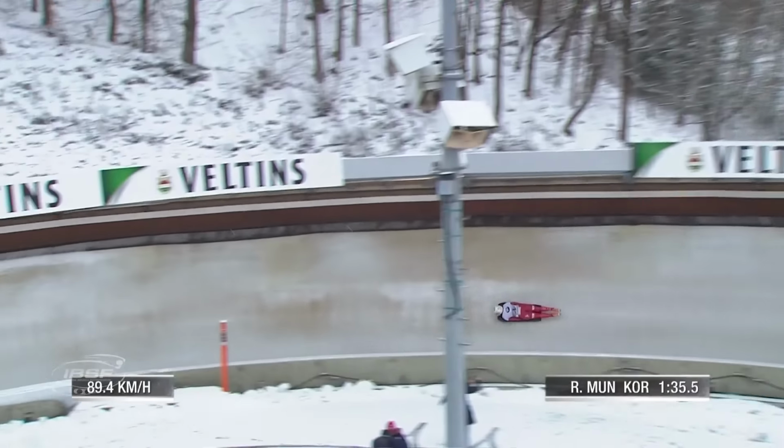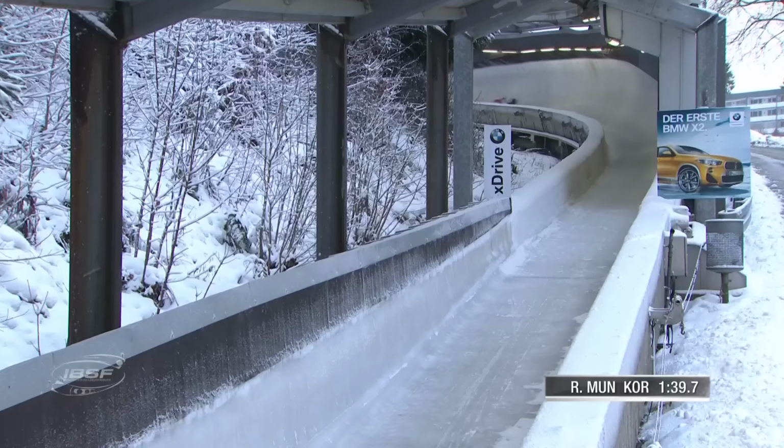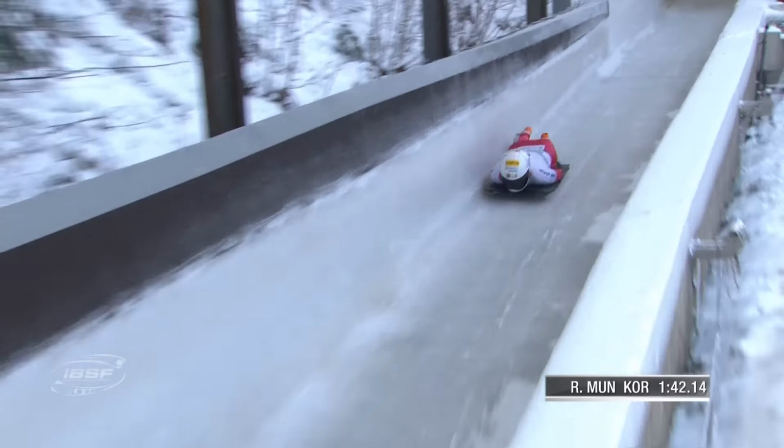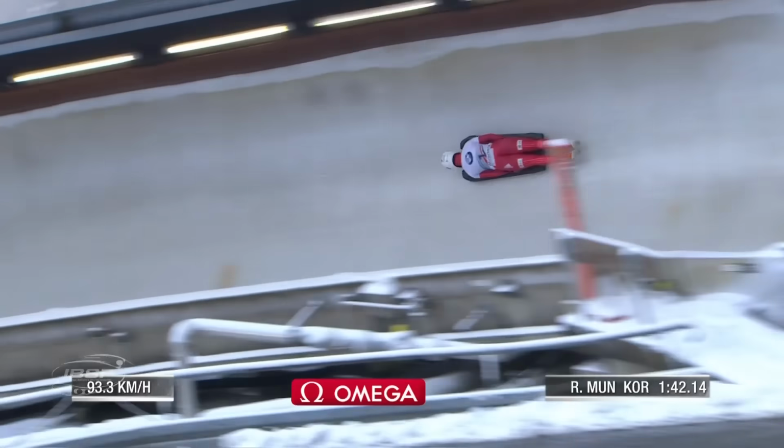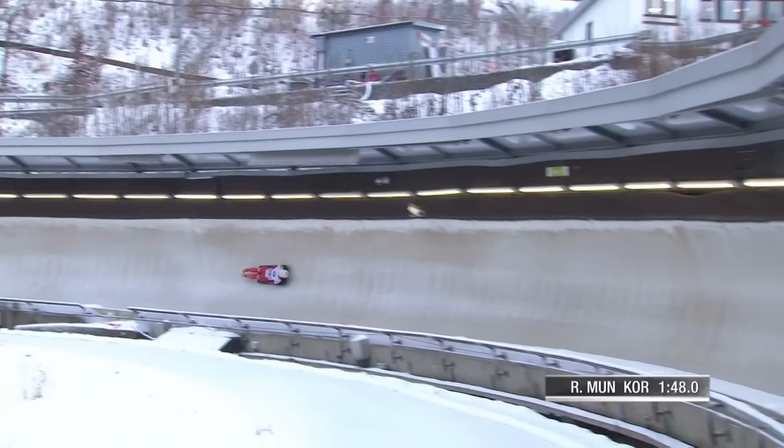Here's this Kreisel, up and down. Now she's going to come up in the outlet here and flap a little bit. Well, it's a lot clearer than it was at the start of the first heat even. There's no snow in the air, little on the track. It has been sort of swept. So Rae Young-mun,